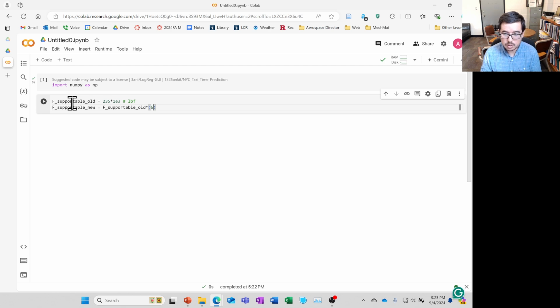It's 6 divided by 3. And unlike MATLAB, it's not a caret symbol, but it's 2 asterisks. Okay, and it comes out like this. I've tried to be somewhat careful with the dimensions. You have inches over inches, and they cancel out. This is going to have the old unit, so again, units of pounds of force. So I can go ahead and run this,